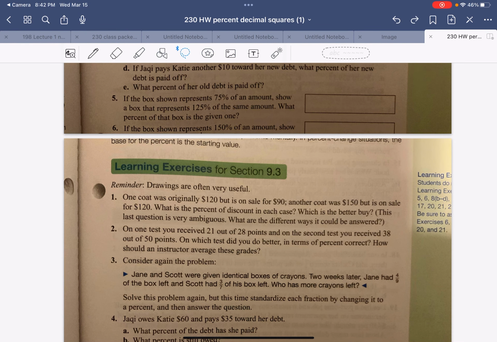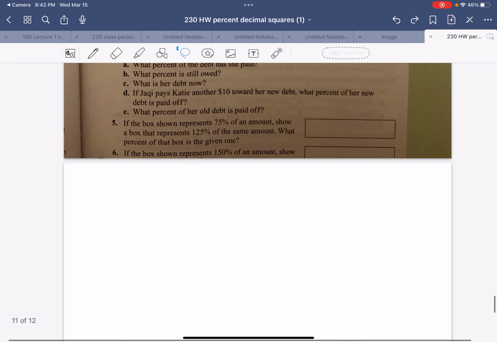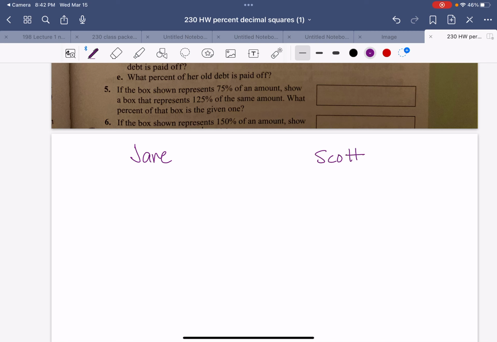Ooh, let's not do that. Let's add a blank page. Okay. So that means I'm going to start with a chart for Jane and a chart for Scott. And each one is going to look identical, okay? So I'm going to have